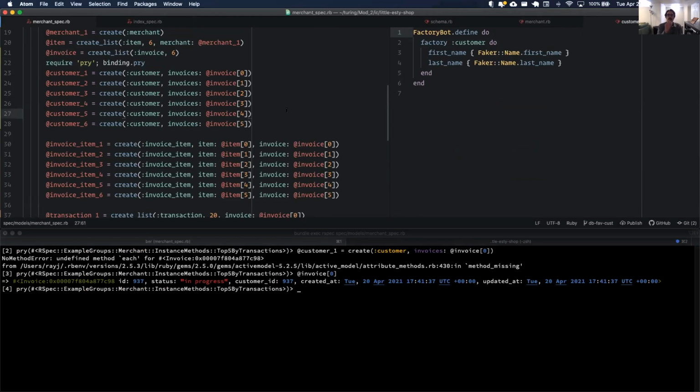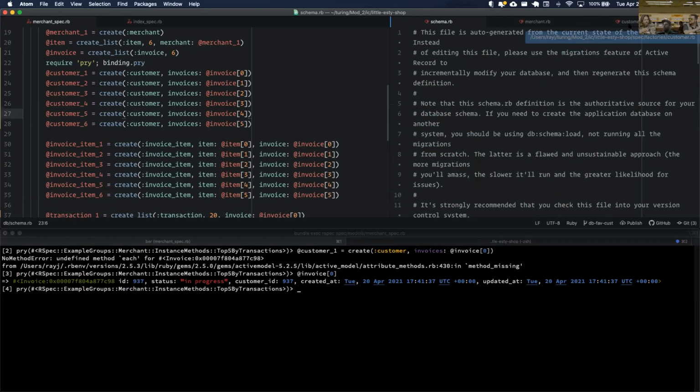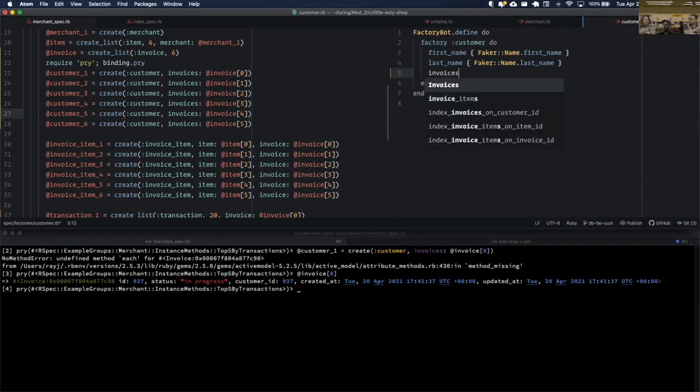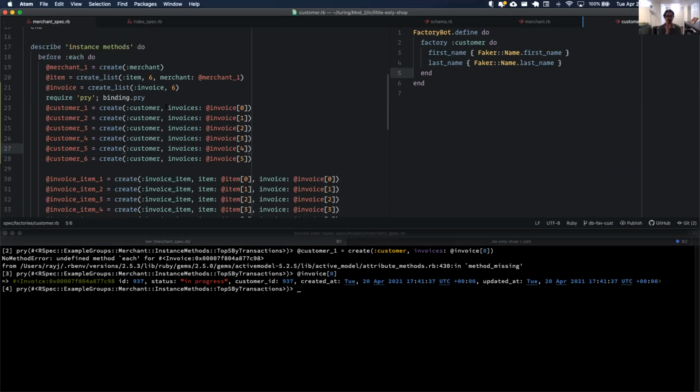I think the issue here is in our customer factory, we don't have an attribute called invoices. So what's the relationship between a customer and an invoice? A customer has many invoices. Yeah, so I think that's what you're missing right here. I don't think you're going to be able to, you could do this with FactoryBot, but I don't necessarily know how to do that. I think what you would want to do to create an invoice for this customer is